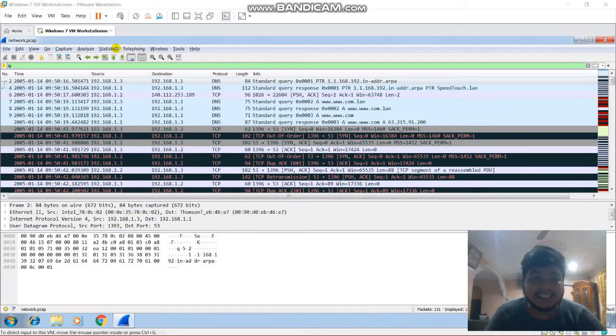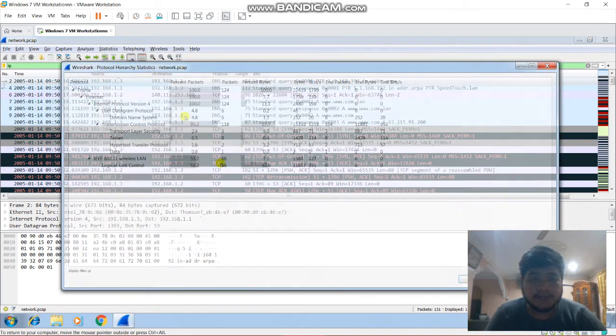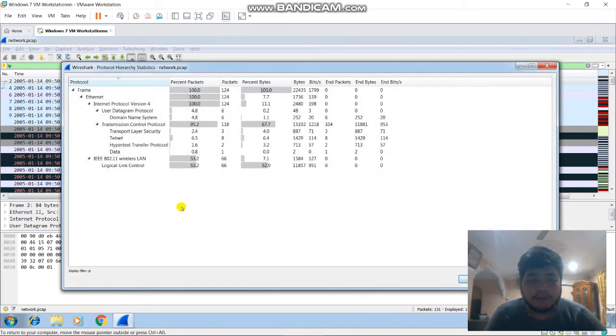So let's click Statistics and go to Protocol Hierarchy. Okay, this is the protocol list from the target file. We can see a summary of what protocol activity has been captured, with percent packets, percent bytes, packets, bytes, and bits.